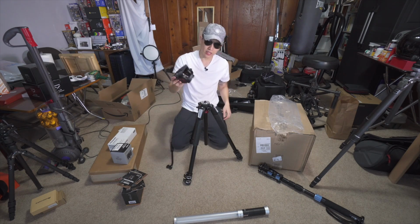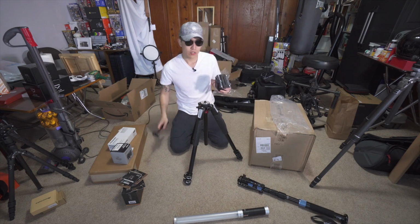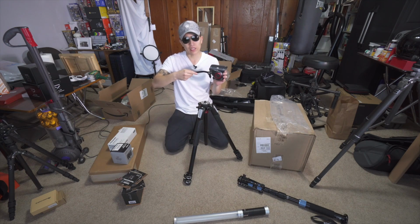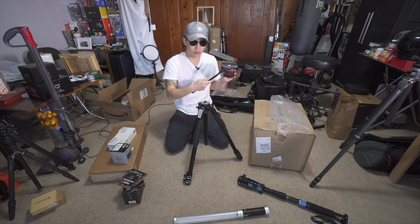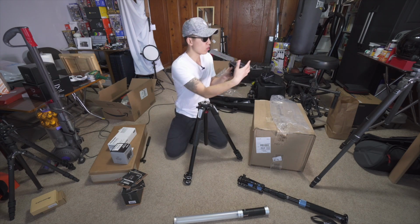This tripod head is a perfect fit for this tripod and also a perfect fit for this monopod. Generally, we don't use these arms with the head just because it sticks out and it kind of gets in the way. And if you're using it, it's not as stable. So what we tend to do is we'll grab it like this and move it this way,